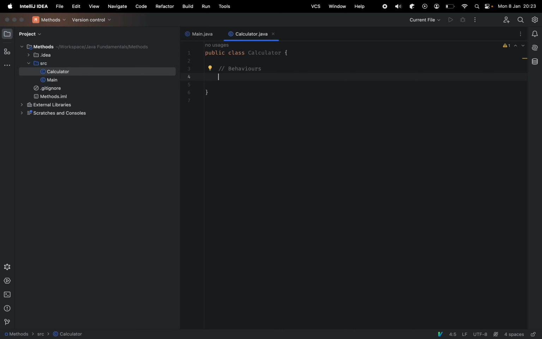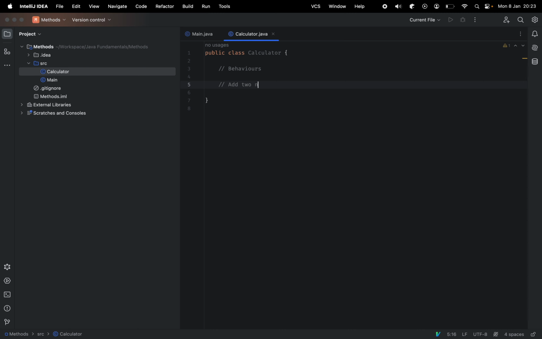So this is like an abstraction for a calculator. We're going to create the different functions that a calculator can carry out using Java methods. And this will allow us to learn how methods work, the different parts of a Java method, and why they're useful. So let's think about the different things that a calculator can do. We can